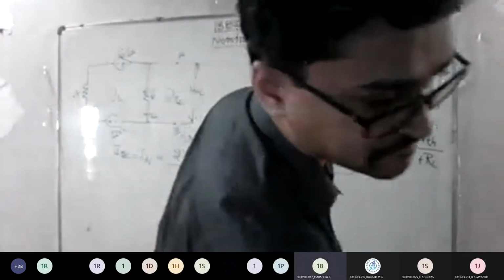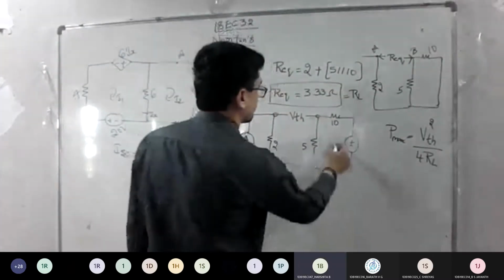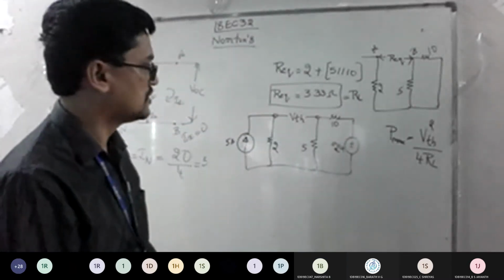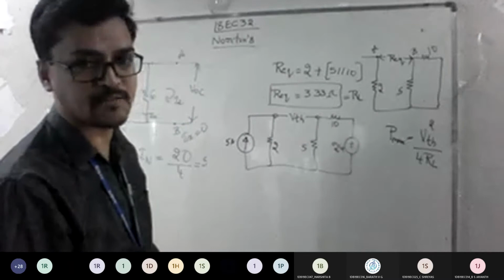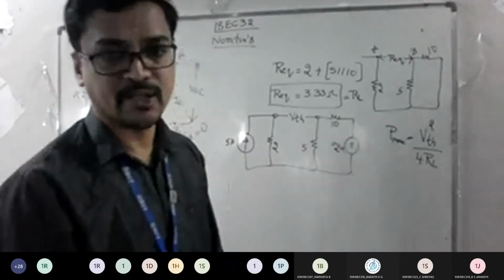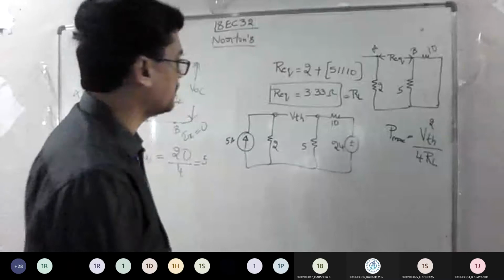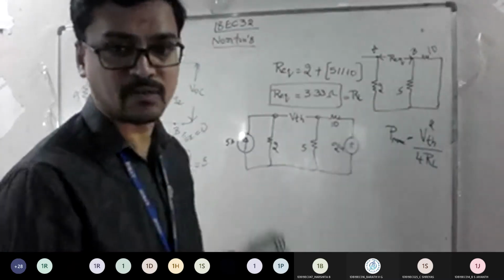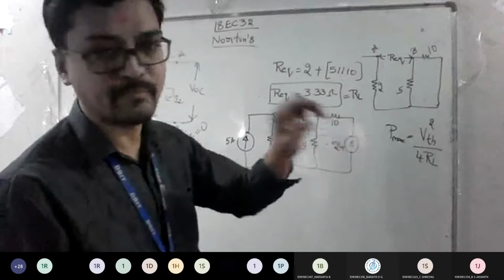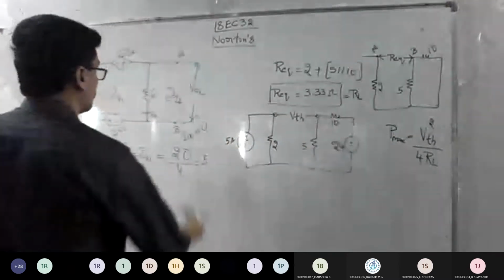Is it 24? Yes, sir. 24. Okay. So this is how the thing comes. Now what will you do? It's left to you whether you want to apply mesh analysis or nodal analysis, you can go ahead and get me the answer of VTH. See, nothing new we are doing, everything is already done. The same thing you are repeating to get the maximum power. That's all. Check out what is the answer.